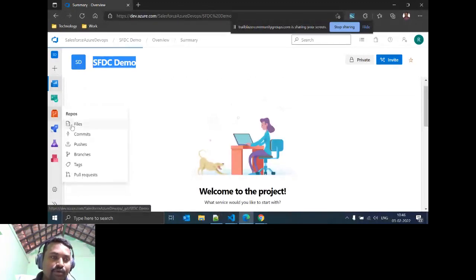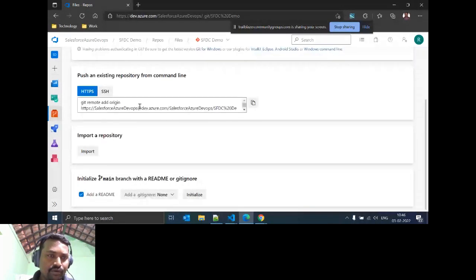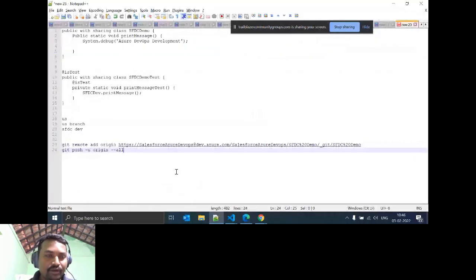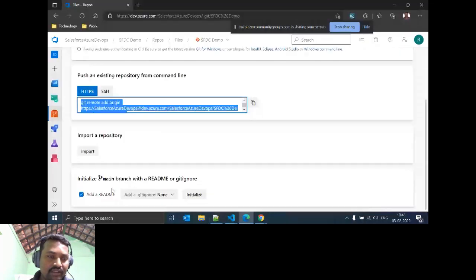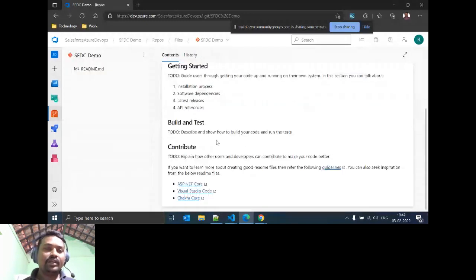Here it automatically creates one repository. This is a repository you need to initialize. This is the default initialization of the code. I think those who work with repositories know this is your git initialization command. Once you click, add a README file, click to initialize, then your repository is automatically created. Once initialized, this repository doesn't have anything. Like that, your project setup is done.